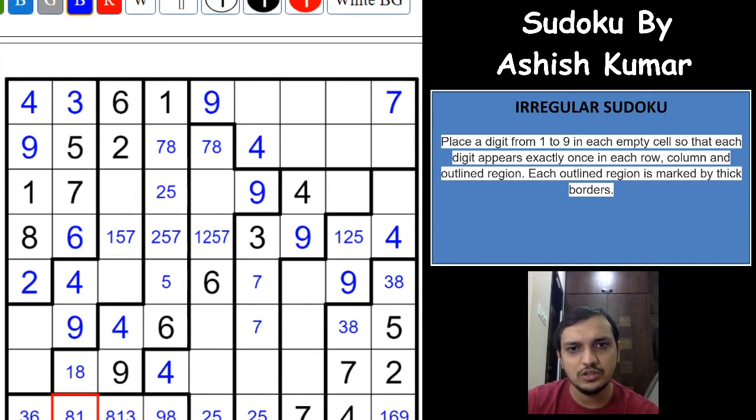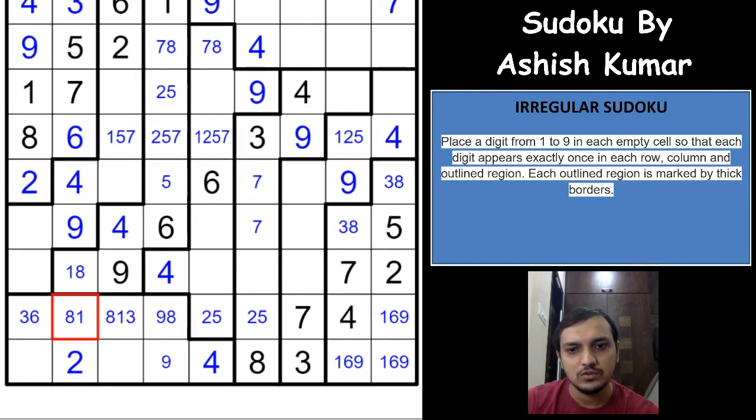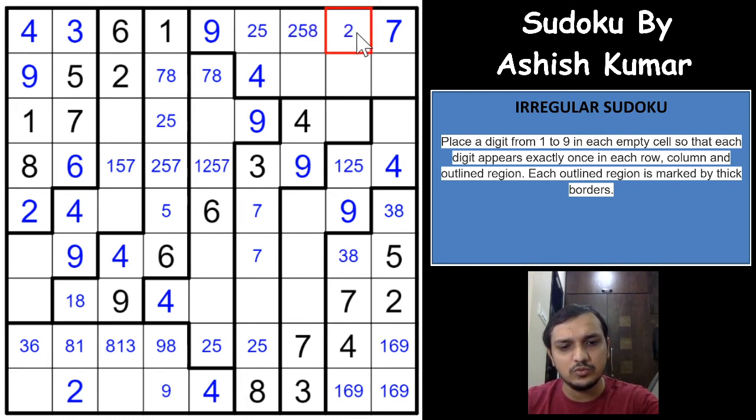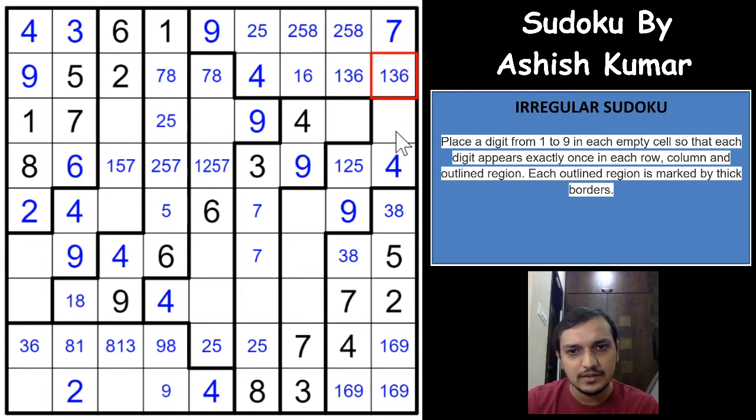So these three, sorry, I'll just go a little more up here. Okay, so these three digits are 2, 5 and 8. So 8 is already here, it has to be 2 and 5. So this has to be 2, 5 and 8 and 2, 5 and 8. And these three digits are 1, 3 and 6. 3 is here, so 1 and 6, 1, 3, 6 and 1, 3 and 6. Right?